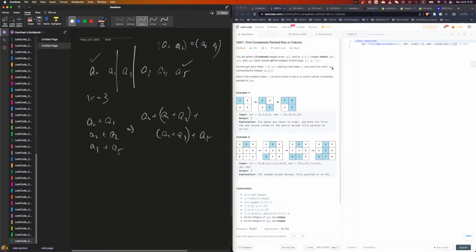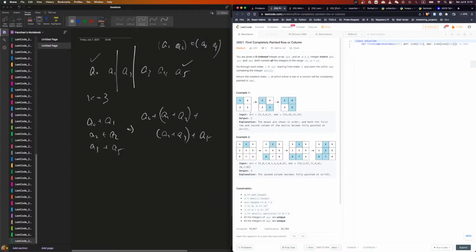Paint the cell in matrix containing the integer. Oh, we have to translate first, which is fine. I'll translate, so we know which one gets painted. So we paint 1. Then we paint 3. Then we paint 4. So that's the index. Smallest index. Okay, so basically we need to have a fast way to check if a row or a column